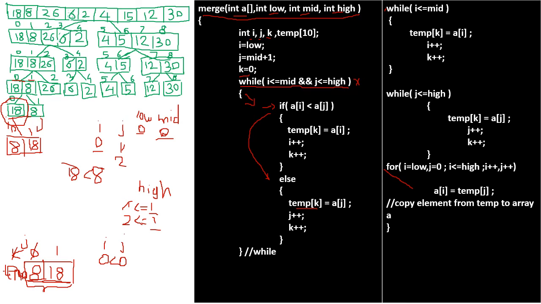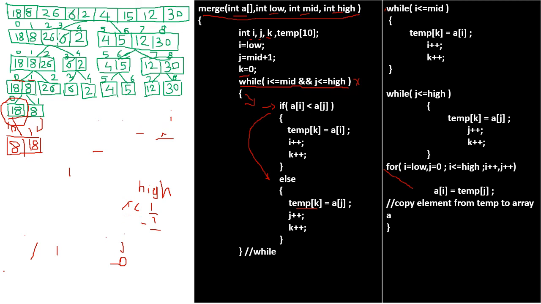Now the next is what? After sorting these array elements, the next part is the recursive function of merge sort, mid plus 1 and the high. Here what happens? Control goes to here. This list is now already sorted. Now this list and this list will be sorted.